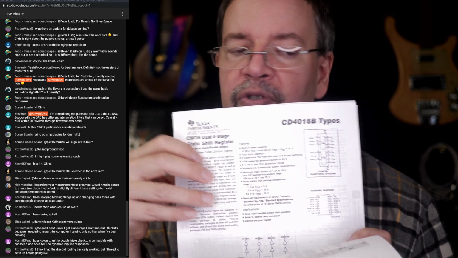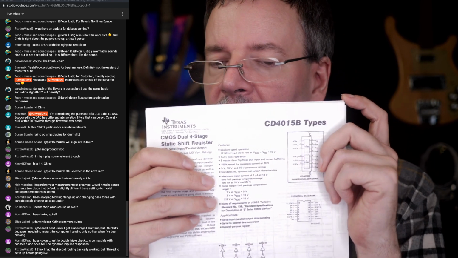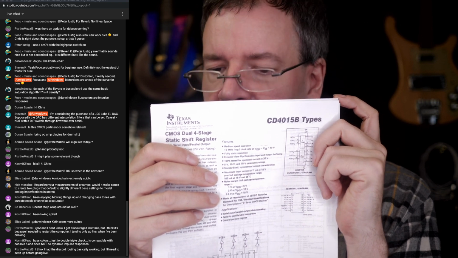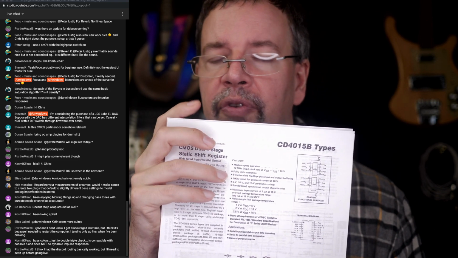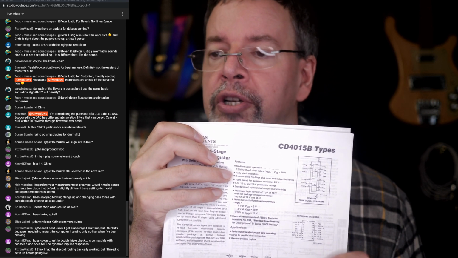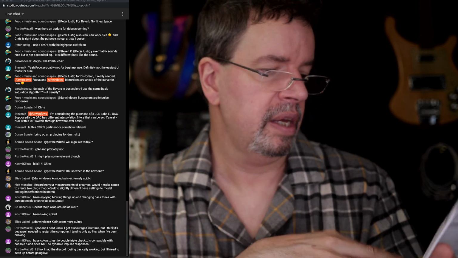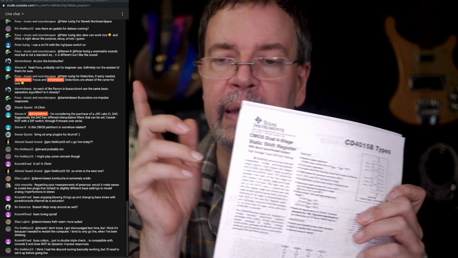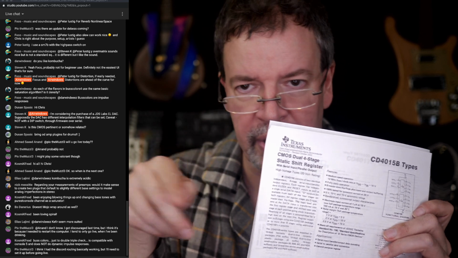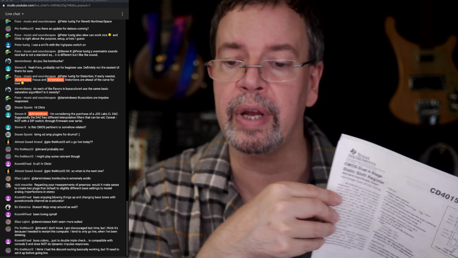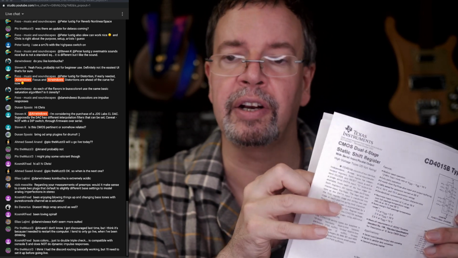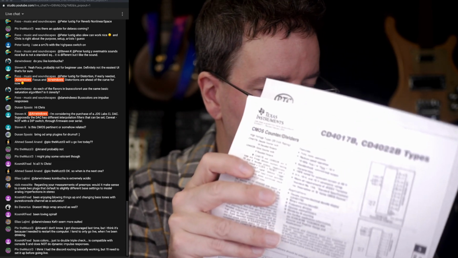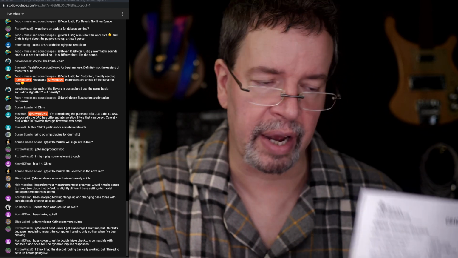4015, that's a shift register. With the shift register, you can do a Turing machine if you can get randomness into it. Or if you can't get randomness into it, you can do a shift register where it's a cycling thing. A single shift register like that has 8 stages. So you can keep feeding in a trigger input and it's going to cycle a result. There's also a chip called a DAC 800 where you could take the outputs of this and get a continuous voltage, like a control voltage out of it.